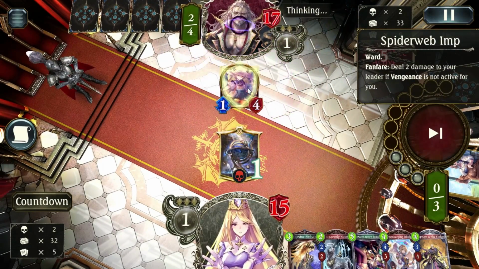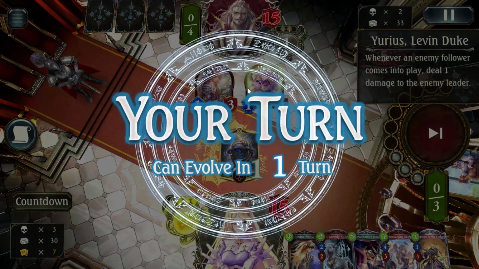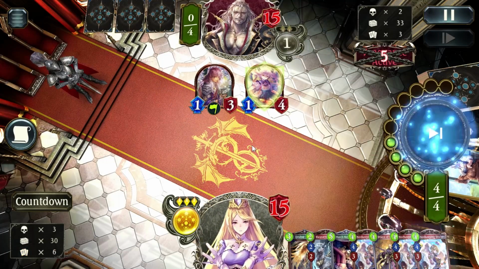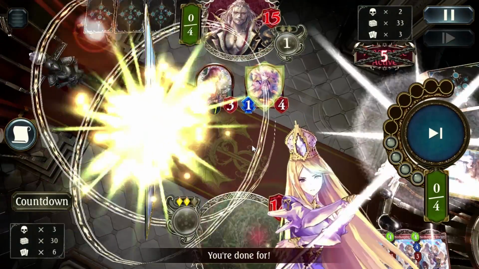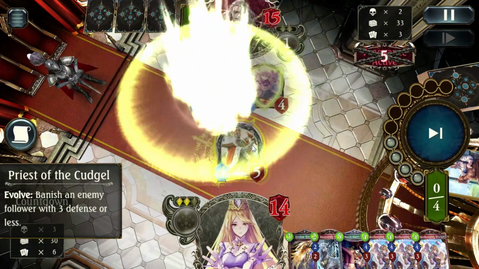And then they're going into a Spiderweb Imp, which again helps us out. Them doing chip damage to themselves means we win faster. Same thing with Vengeance Blood. Our deck can easily do 10 damage in a turn because of the way all the amulets can line up and pop at the same time, and the fact that our Garuda generates 3 damage to face, and our Tin Soldiers generate 3 damage to